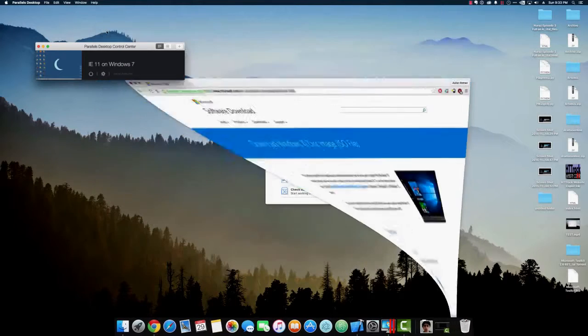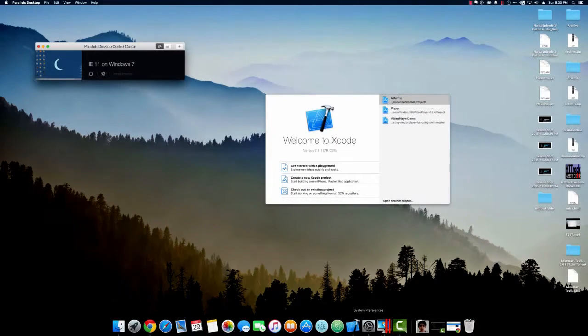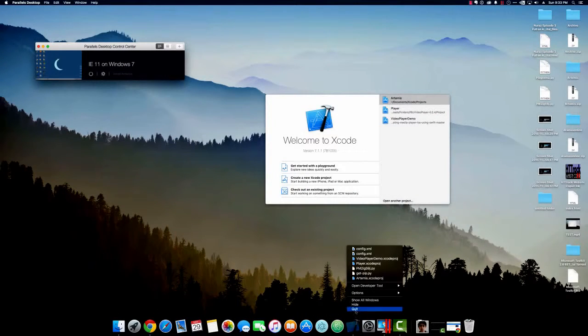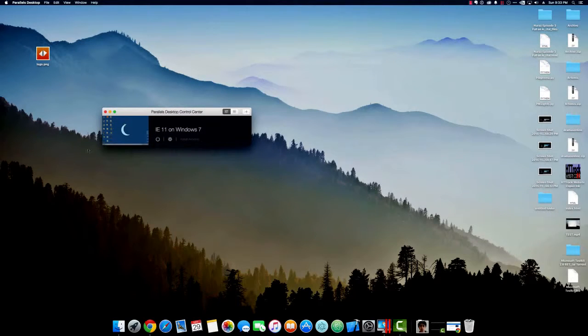A quick intro. You may be asking me, what is Parallels Desktop 11? It is a piece of software that allows you to run Windows inside of OS X. And there are other programs that let you do this. There's Boot Camp for Mac that lets you run it natively. And then there's Parallels, and they have a competitor called VMware, which allows you to virtualize it so you can run it inside of a window. I'll explain more in a second, but